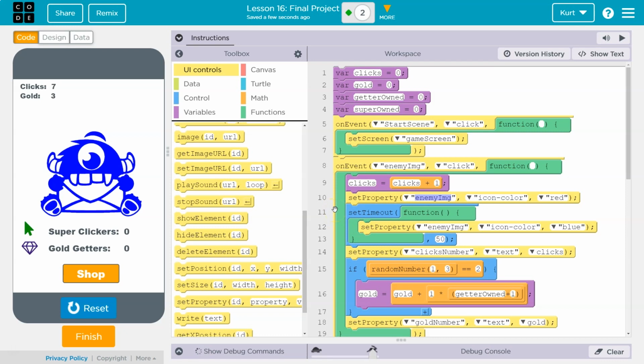All right, now we want the super click to work. And what the super click is supposed to do is multiply the amount of clicks by 3. So to do that, we're going to go ahead and say clicks equals clicks plus 1. And I'm going to add to this plus 1 times super owned. So if they own 0 supers, it will just be 1, right? If they own 1 super,